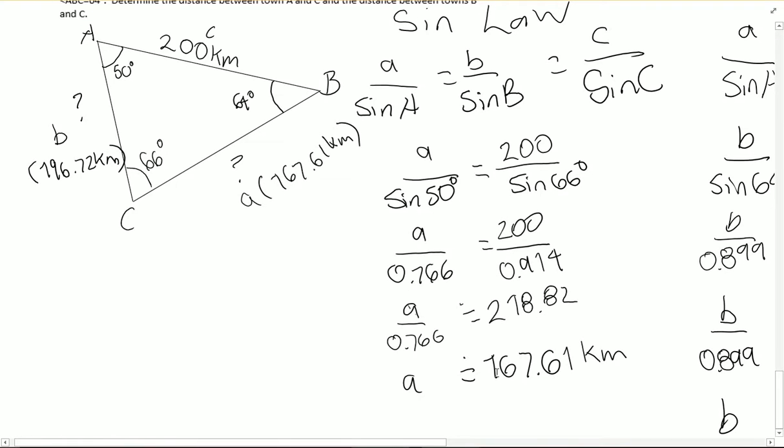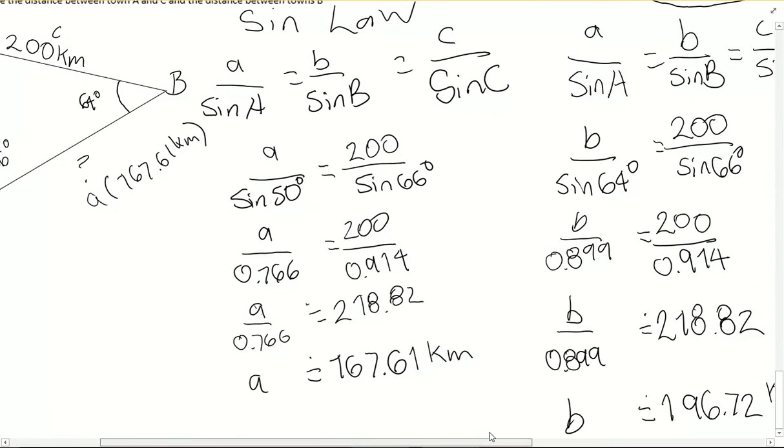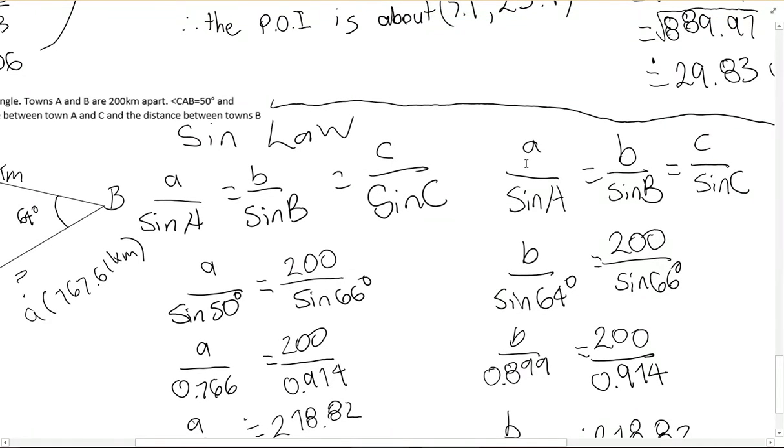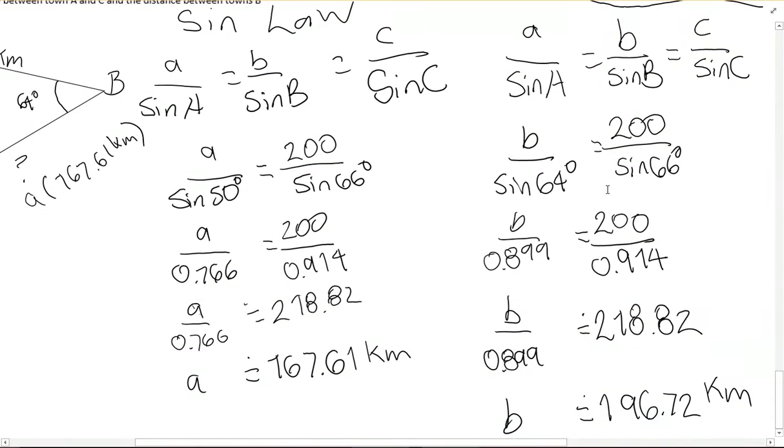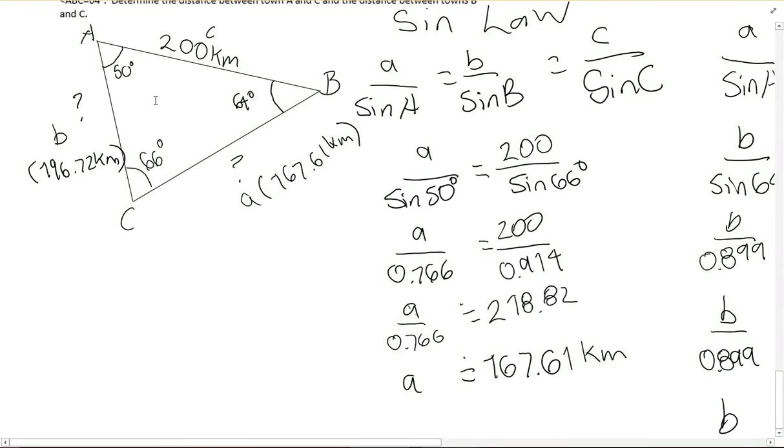167.61 kilometers, and that was A, one part of the question. The next part of the question was to determine B. So I decided to use C again, even though I could have used A, because it was easier. And using that, I was able to determine that B was actually 196.72 kilometers, solving the question. So the three side lengths of